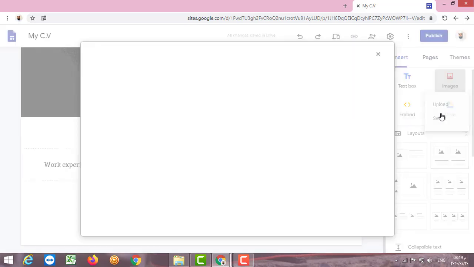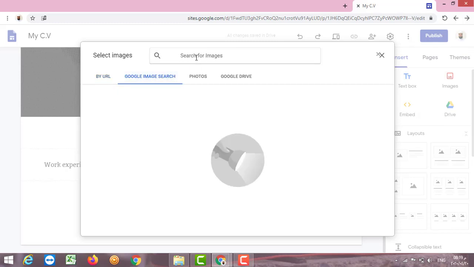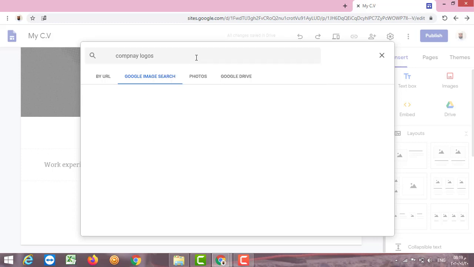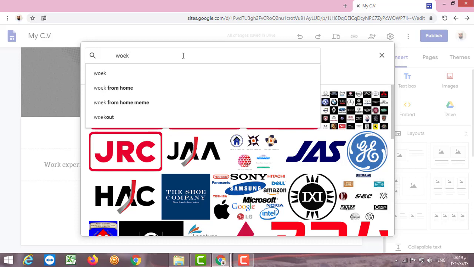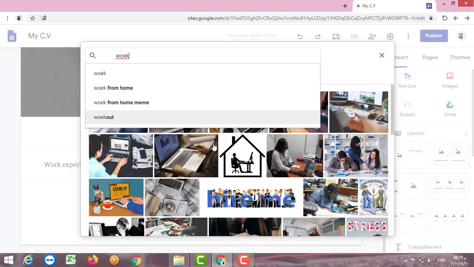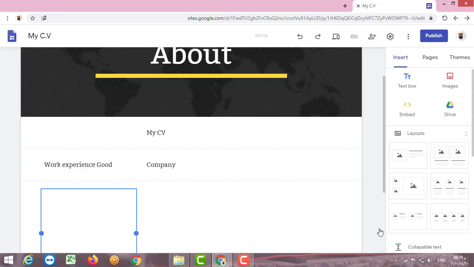Now if I want to add an image, I will select the image. I will type company logo, or I can type work. We have here the work, then insert.